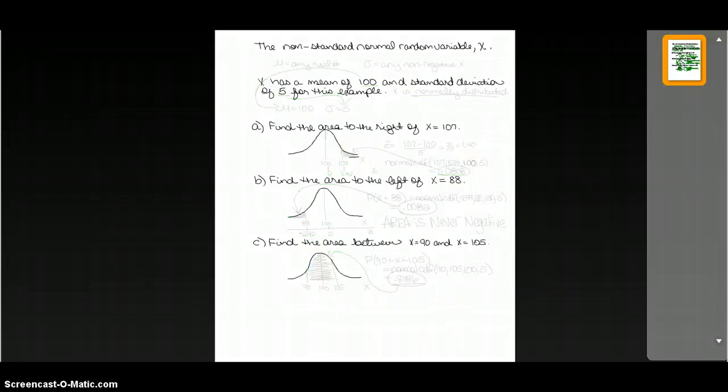Okay, let's talk about the non-standard normal random variable, and now we're talking about x. In this case, mu can be any real number. It could be positive or negative. Sigma is any non-negative number. So in this particular example, we will have to be given, if we're talking about x, a mean,